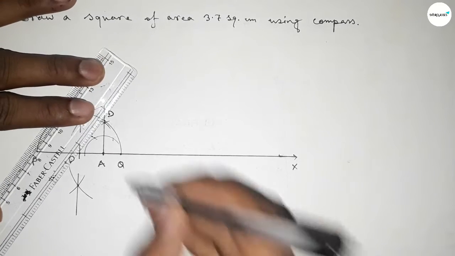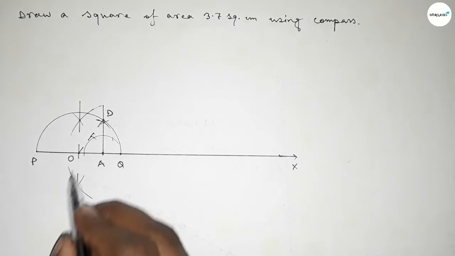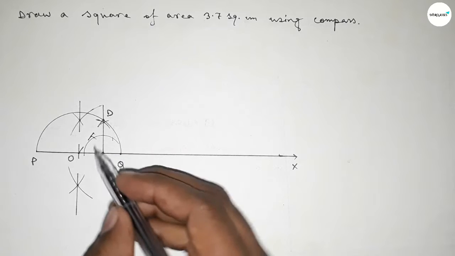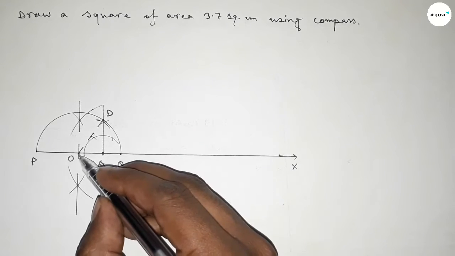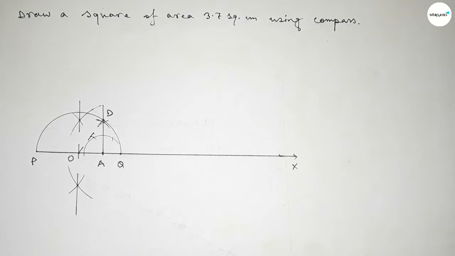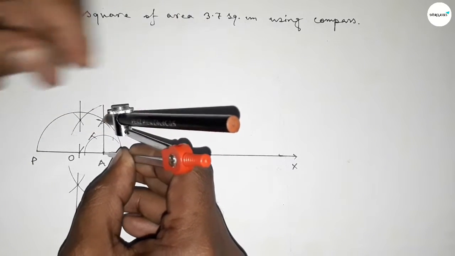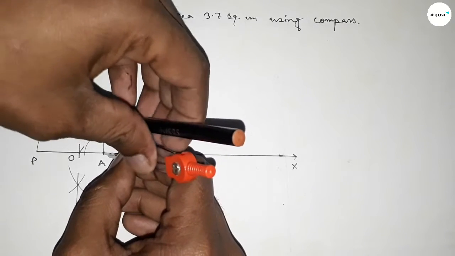Now joining O and D first. Now in right angle triangle OAD, OD is the hypotenuse, OA equal to base and AD equal to height, and the value of AD equal to root 3.7 centimeter. If you don't know how to find out the value of AD, then please watch my video which is given in the channel. Okay, now taking the length AD equal to root 3.7 centimeter by using compass this way